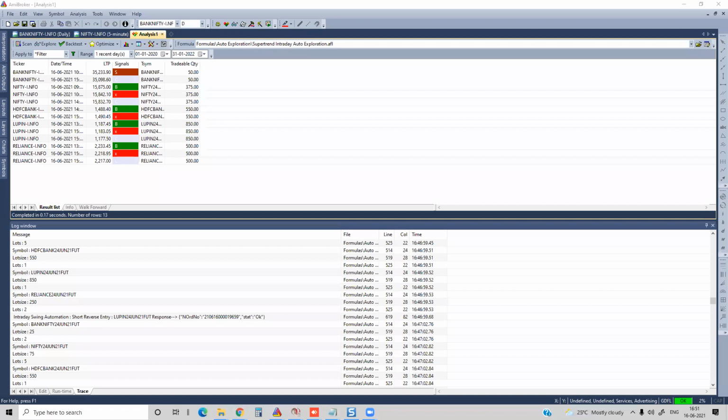Prasad is asking, can we do an ORB strategy plus repeated entries whenever the ORB happens on either side? Yes, it is possible. As long as anything is purely rule based, that is very much possible with AmiBroker. Kishore is saying that he is new to AmiBroker. Can signals be generated even through the free version?